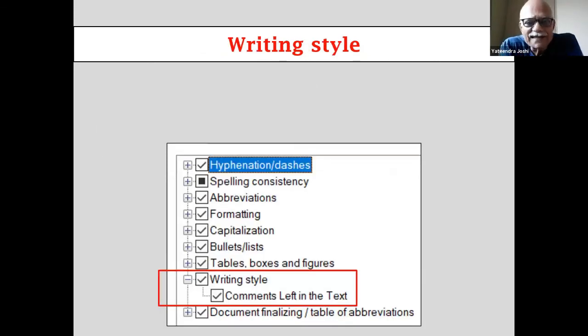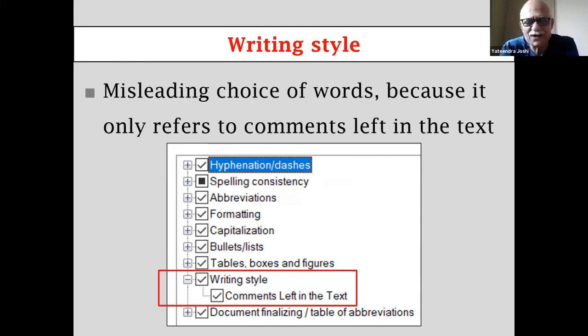Now, writing style, I would say, is a misnomer, because when you think of writing style, I don't think any of us will use this interpretation. All it does is check whether comments are there in the text or whether you want to remove them.